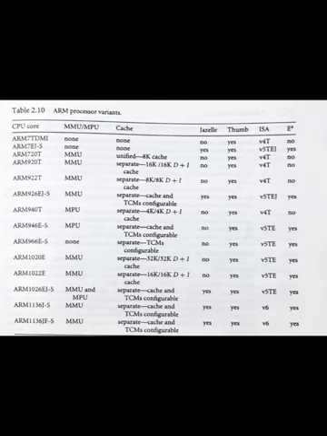ARM922T is a variation of the ARM920T with half of the D plus I cache size. The ARM940T includes a smaller D plus I cache and the MPU. The ARM940T is designed for applications that do not require a platform operating system. Both ARM920T and ARM940T execute the architecture v4T instruction.